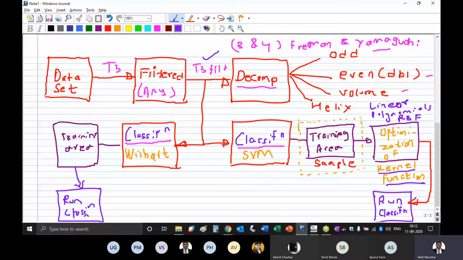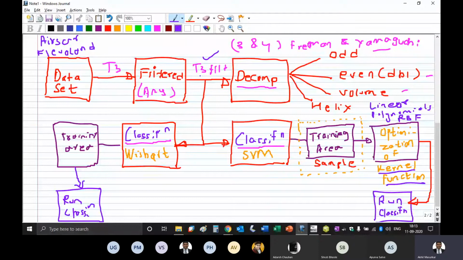So this is our today's task. First we will pick up a data set. The data set will be the AIRSAR FLEO line. Then we will generate the T3 matrix of it, and then we will go to filter this.